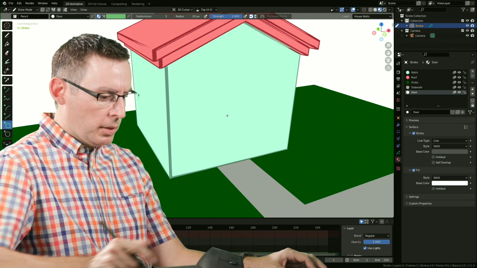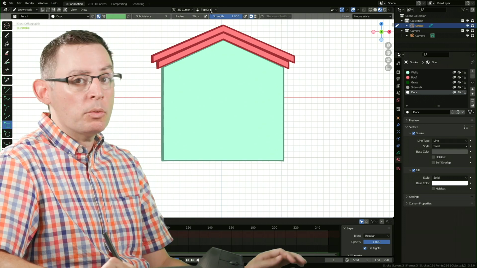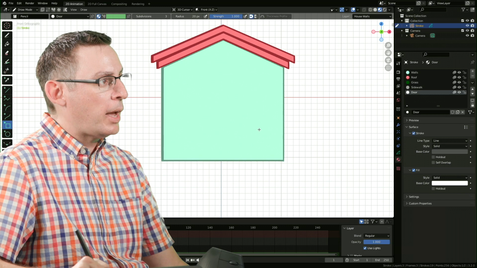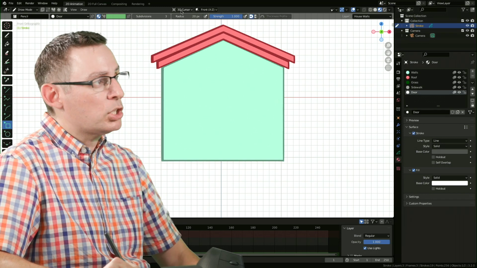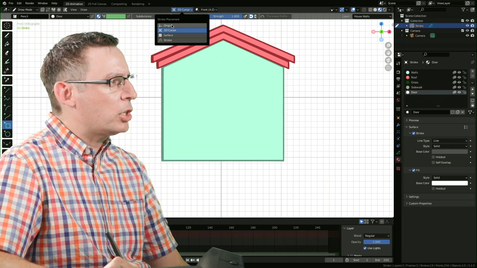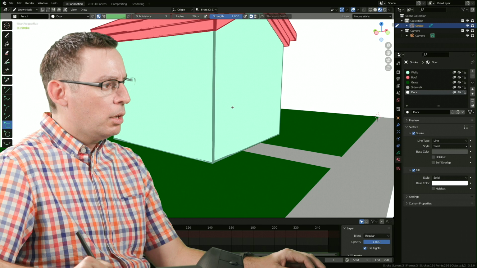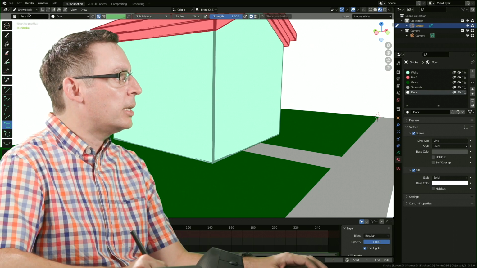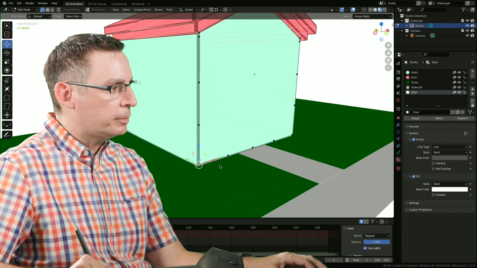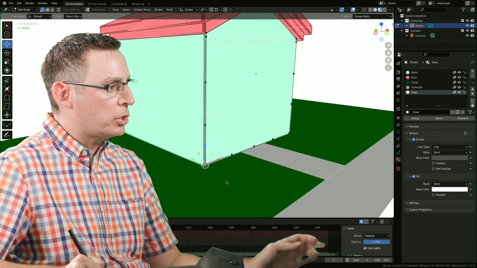There we go. Let's look at our scene from the front. I want to make sure that I've set my drawing planes to be what I want. I want it to be on the front drawing plane, so it shows up in line with the house. Right now, my orientation and placement of my objects at 3D cursor, I think I'm going to change it to origin just for the time being. You know what? We'll do this. Since we're here, let's go back into edit mode. Let's just grab that vert down there. Shift S, excuse me. I'm going to put my cursor to selected.